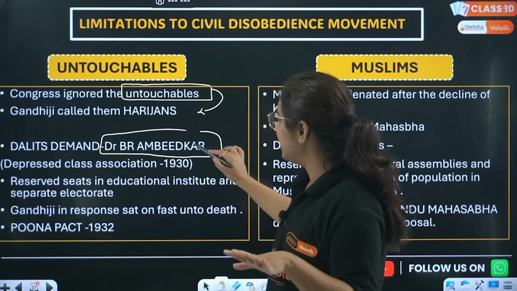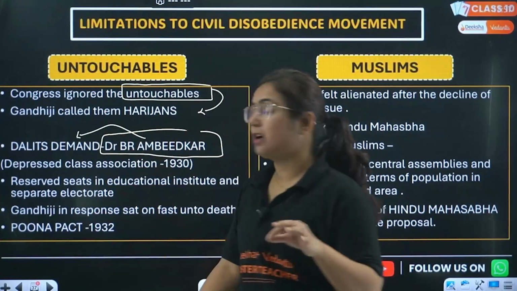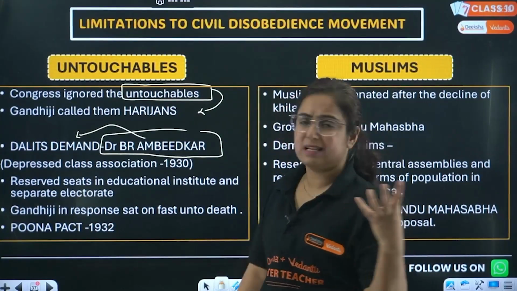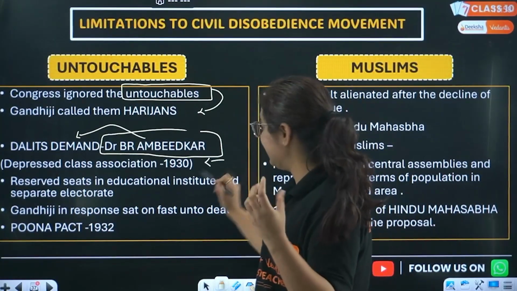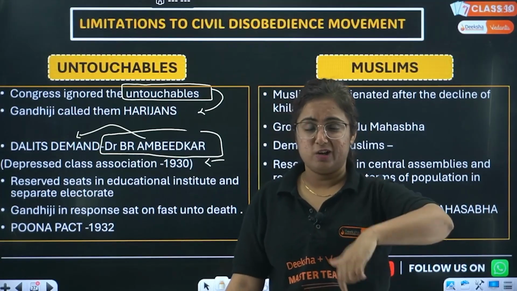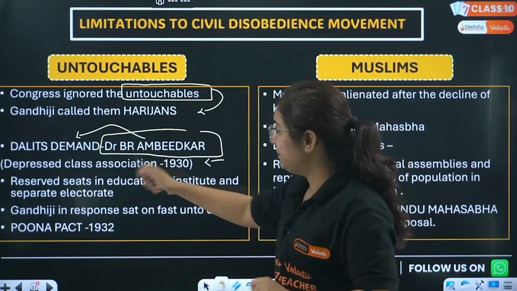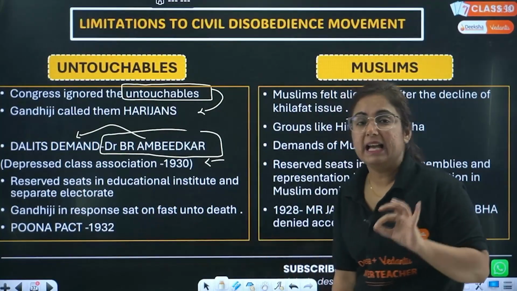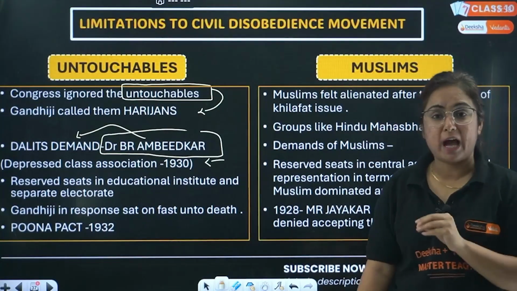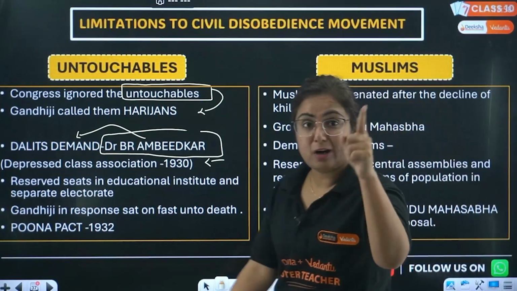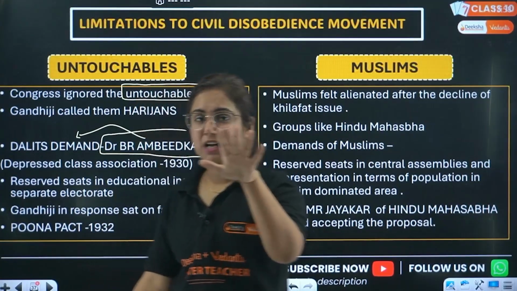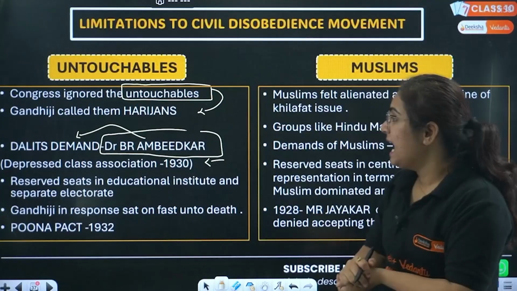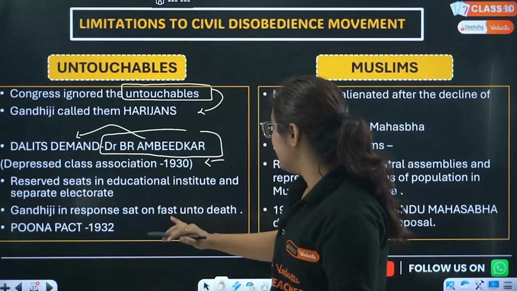So what he did, beta, he put certain demands on behalf of the Dalit community. The Depressed Class Association was formed by Dr. B.R. Ambedkar in 1930. What happened? When that Round Table Conference was organized, some demands were presented by Dr. B.R. Ambedkar which were not accepted by Mahatma Gandhi, and that was to